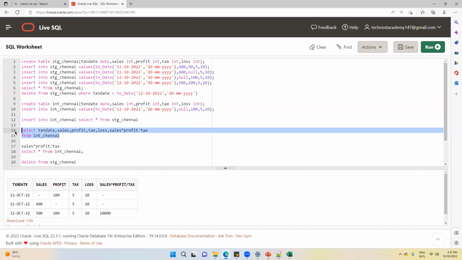I guess the sequence, because I am completely new to this ETL. In SQL we follow a sequence, right? We'll cover joins, we'll cover CTE.